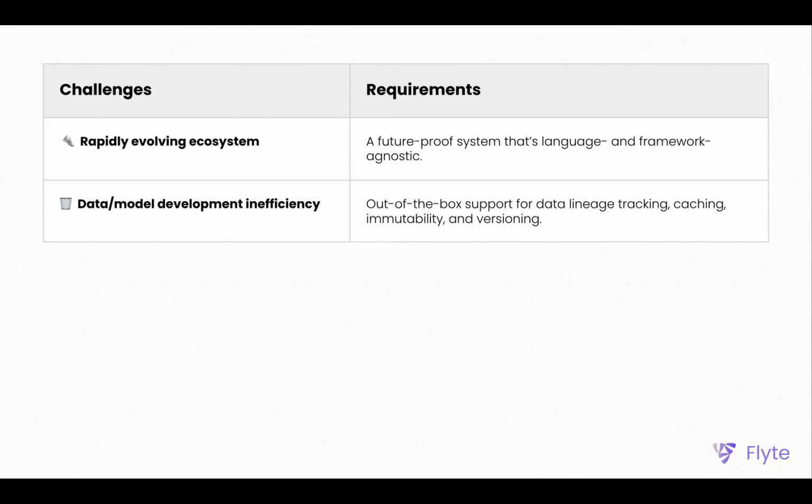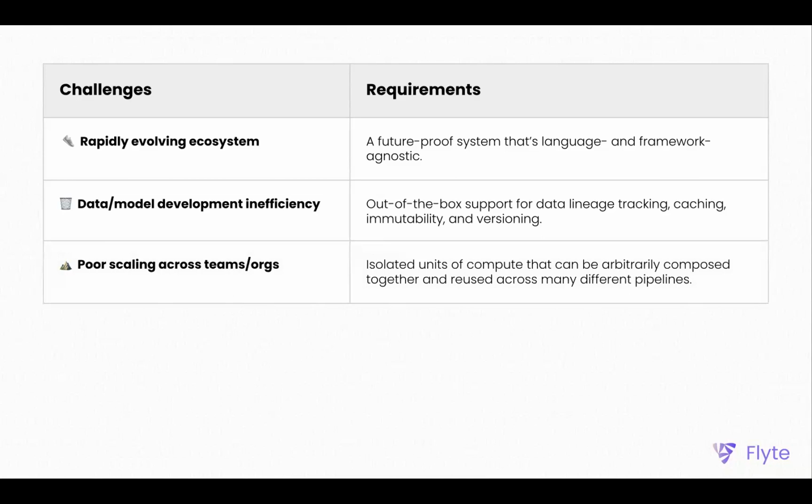I want it to be immutable, so I want my data and my models to be in my blob store, my S3 bucket, whatever, for the rest of time, so I can go back to it. Also immutability with my pipeline code, right? And finally, versioning, where if I deploy a new version and something breaks in production, I can quickly roll back to the previous version and everything is all good.